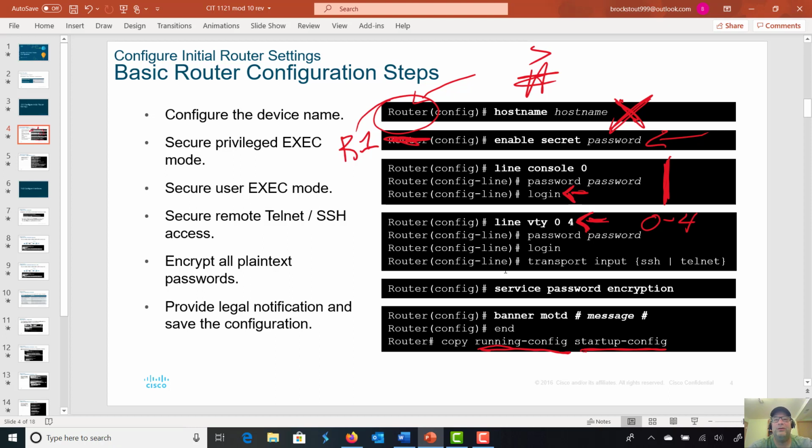Once again, 0 through 4 just means range. The first device in gets line 0. The second device in or out gets line 1. The next device gets line 2, so on and so forth. So in this case, you'd have